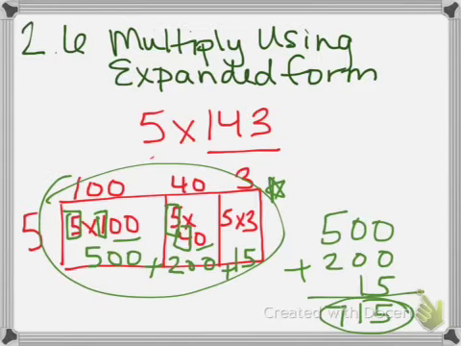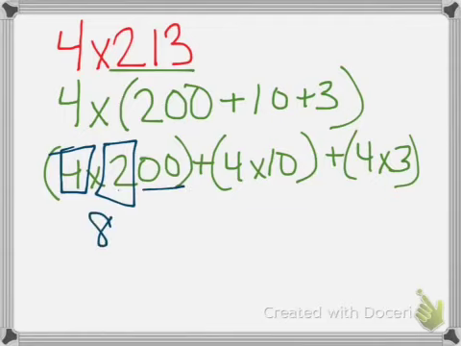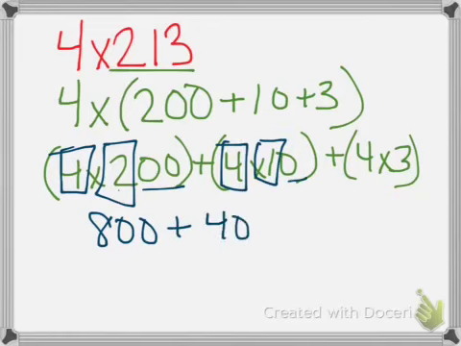And if you look on the previous page, that's essentially what we did inside here. But now we're kind of going without drawing that rectangular array. So now we go through and let me switch colors. We will still box and underline. 4 times 2 is 8, 800, plus 4 times 1 is 4 with a 0, so it's 40, and 4